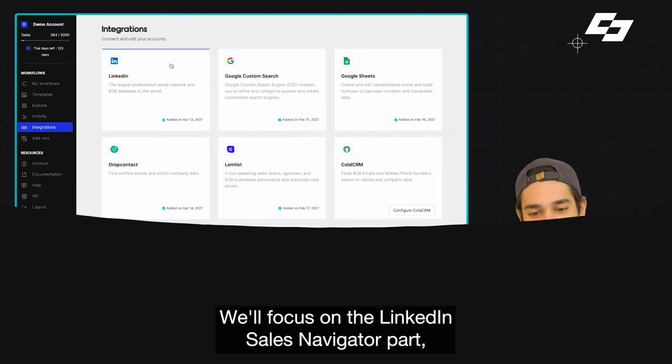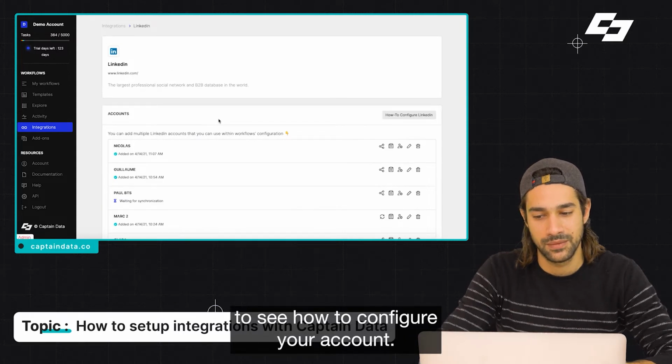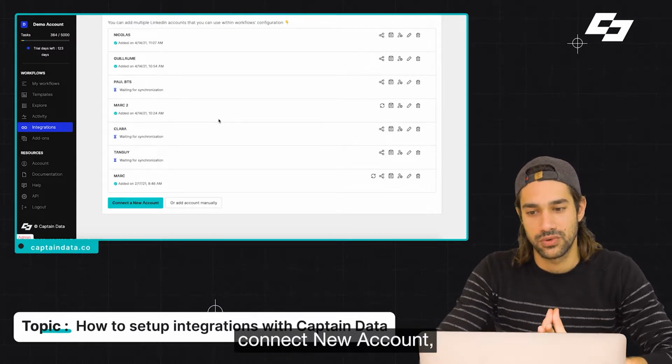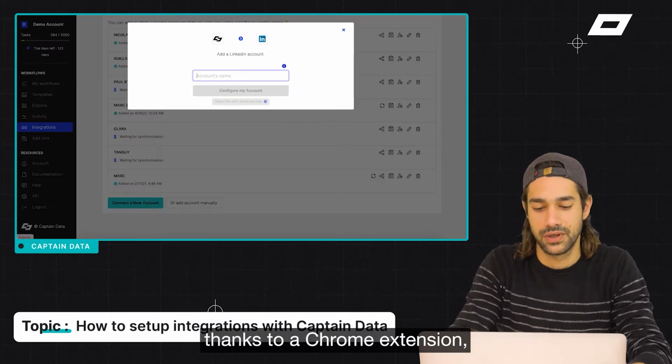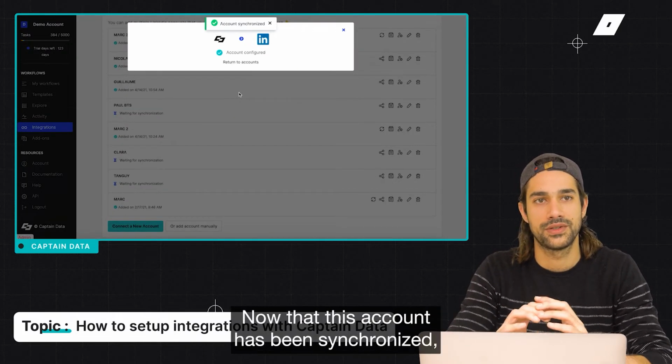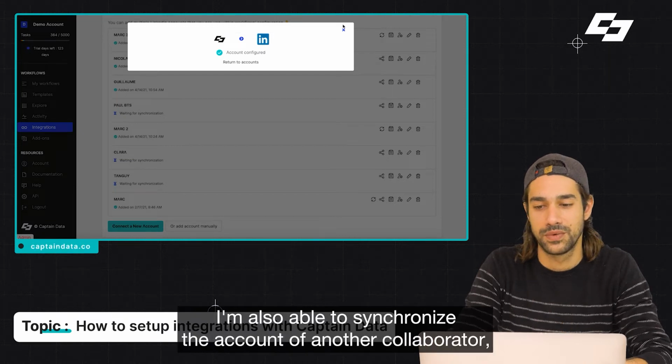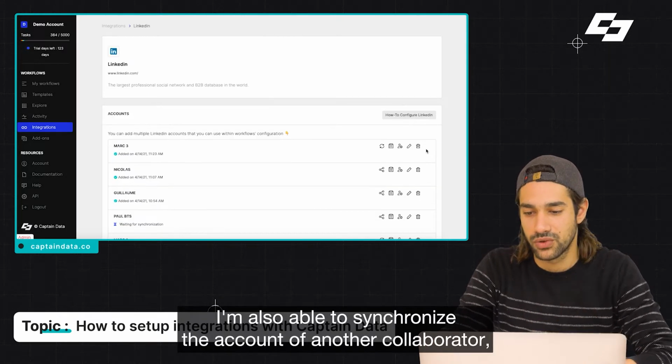We'll focus on the LinkedIn Sales Navigator part to see how to configure your account. Connect new account and configure main account. It synchronizes automatically thanks to a Chrome extension that you'll need to download the first time. Now that this account has been synchronized, I'm also able to synchronize the account of another collaborator, then send him